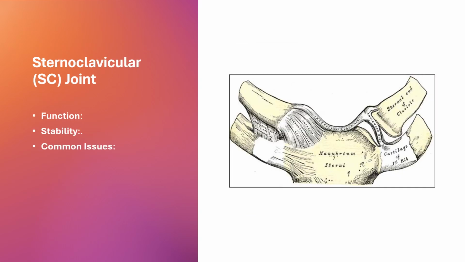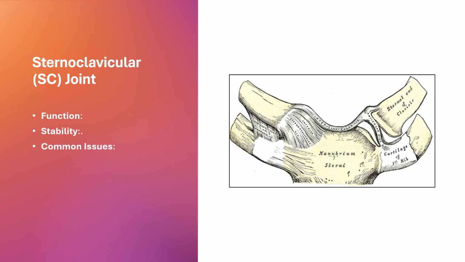Now, the sternoclavicular joint, the SC joint, is the point where the clavicle meets the sternum. This joint acts as a pivot point for shoulder movements, particularly for the clavicle's motion. Now, the SC joint is the only direct bony connection between the upper limb and the axial skeleton, and it allows for movements such as elevation, depression, protraction, retraction, and rotation of the clavicle, which are all necessary for full